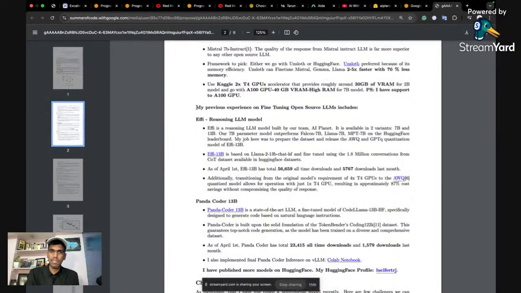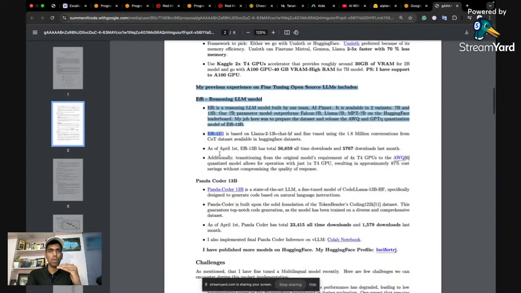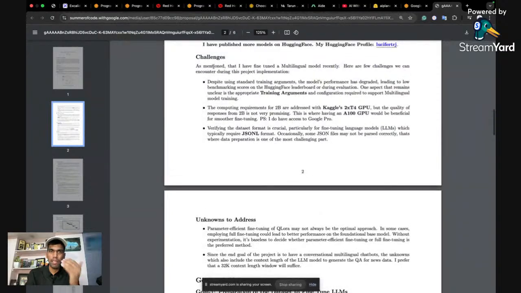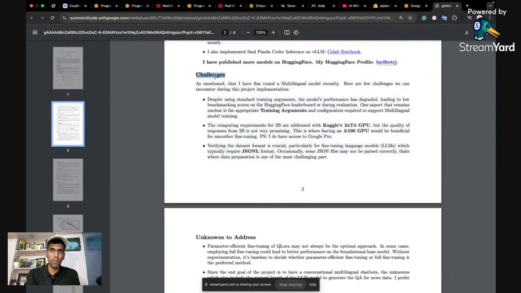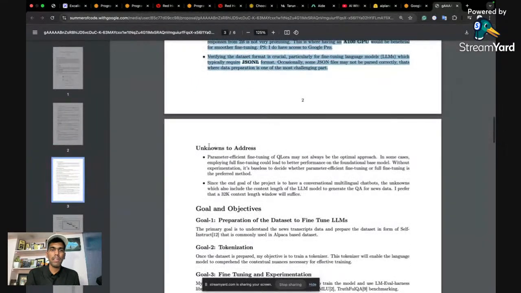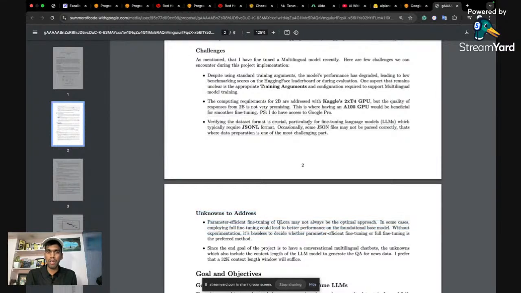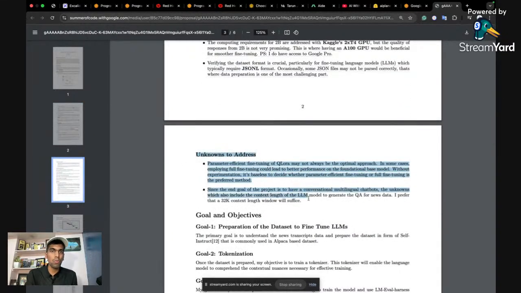Then the only thing is, again, if you see at top, I've given the relevant projects, and then they wanted the challenges that you'll be facing. So this was provided by the mentors during the feedback session. So I added what will be the common challenges that we'll be facing, and the unknowns to address. The unknowns to address I did not know about before, because this was something new. I knew what the challenges are that we can face, but this was something new that I added.